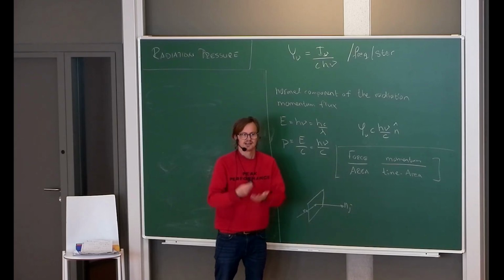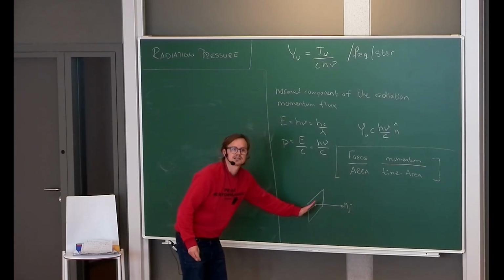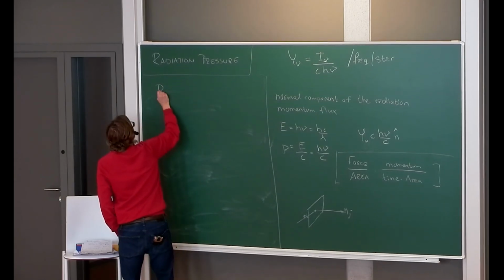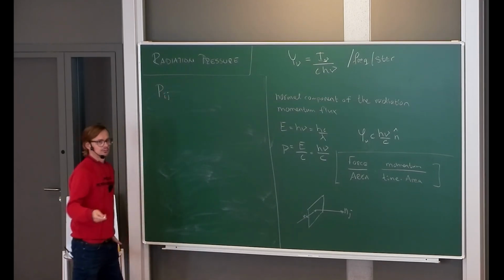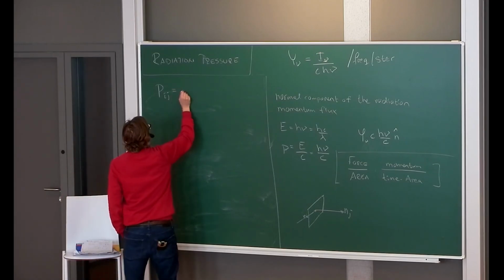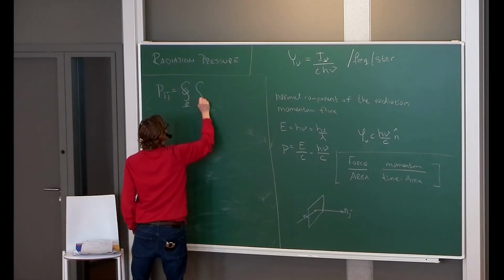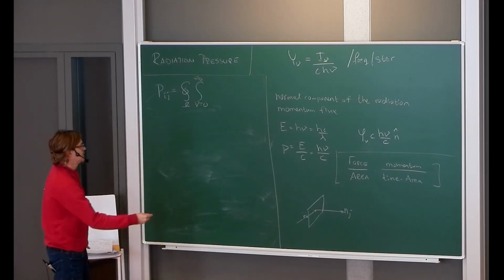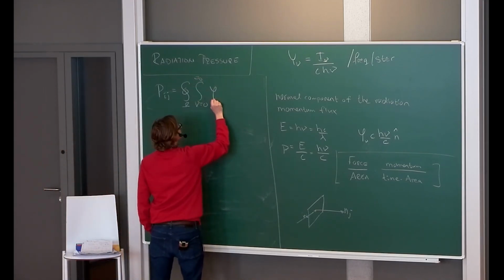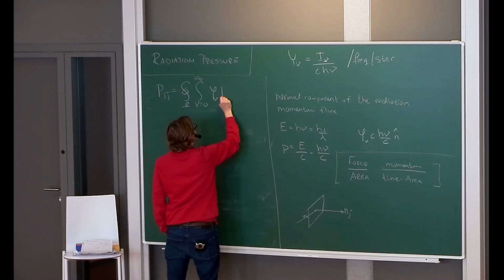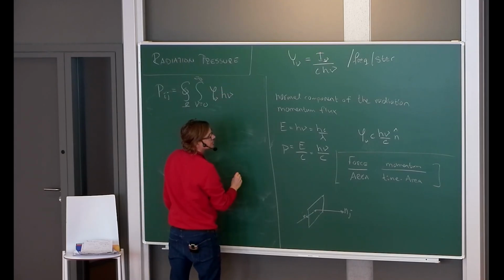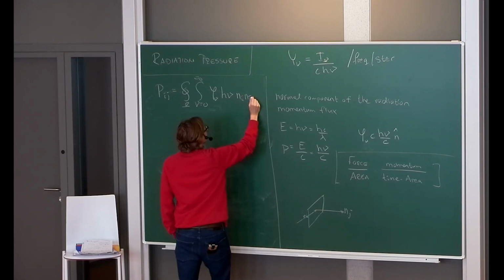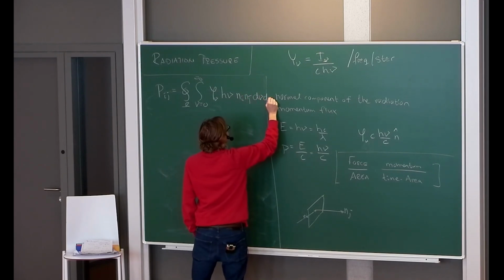We have to specify this, and this is not necessarily in the same direction, such that the ijth component of the radiation pressure is this. And then we have the photon flux as h nu Ni Nj d nu d omega,